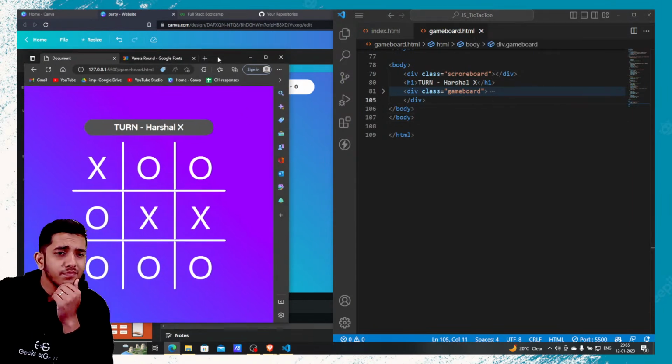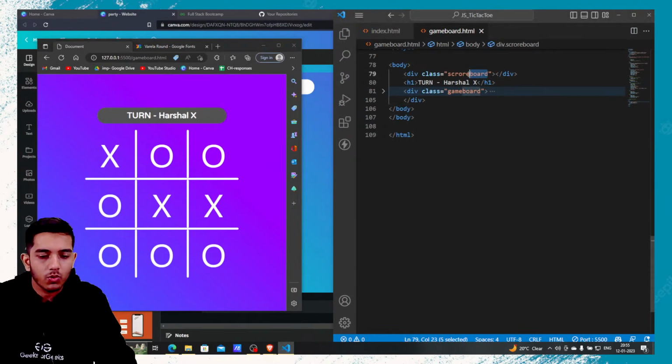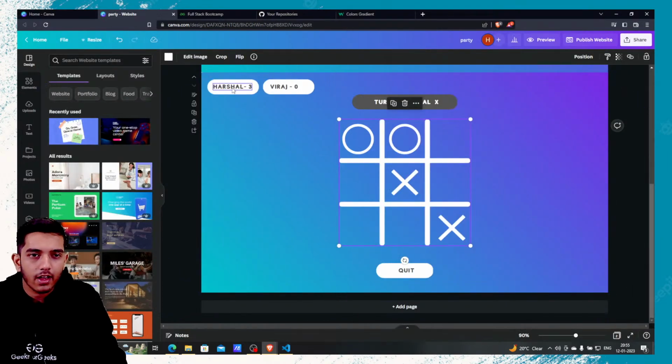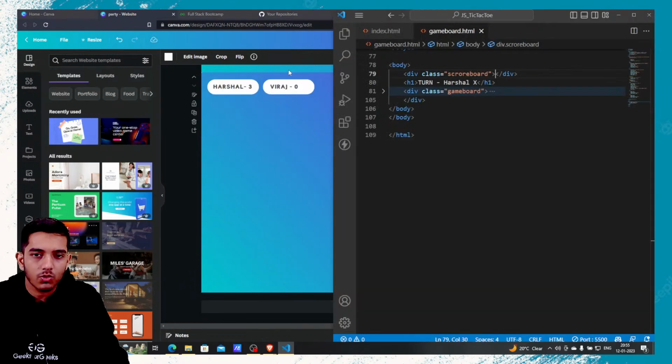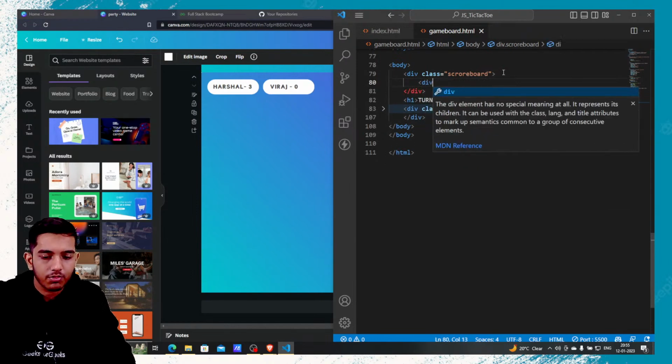So after this, we have created our scoreboard, and now we want the score total. Okay, we want the score total. So the score total can be, I'm just writing a random score here. You can see that I have created two button-like things here, and one contains the player 1 score, player 2 score. Okay, so the same can be done here, and here we can write div